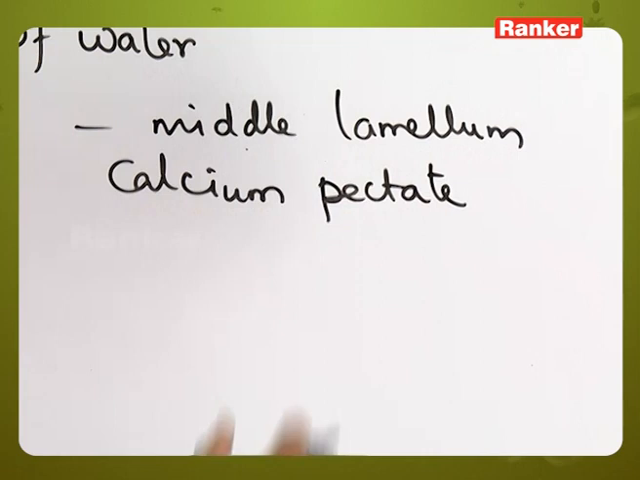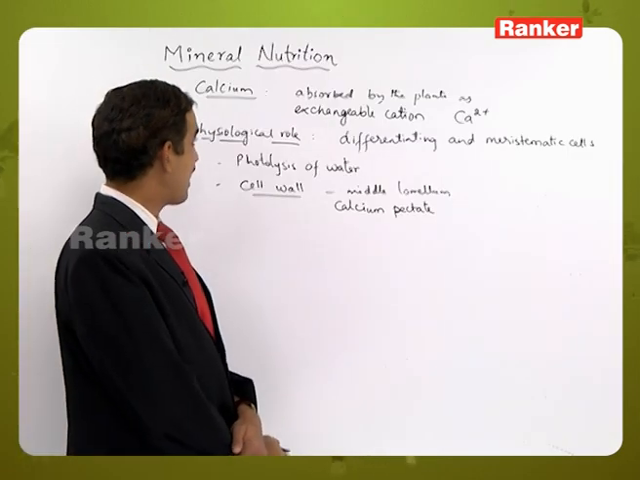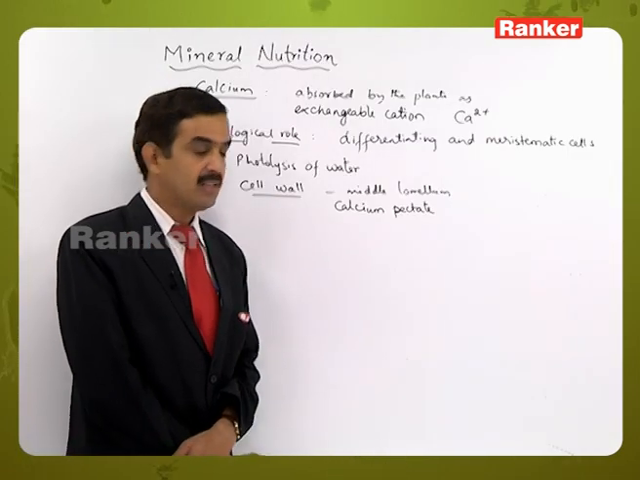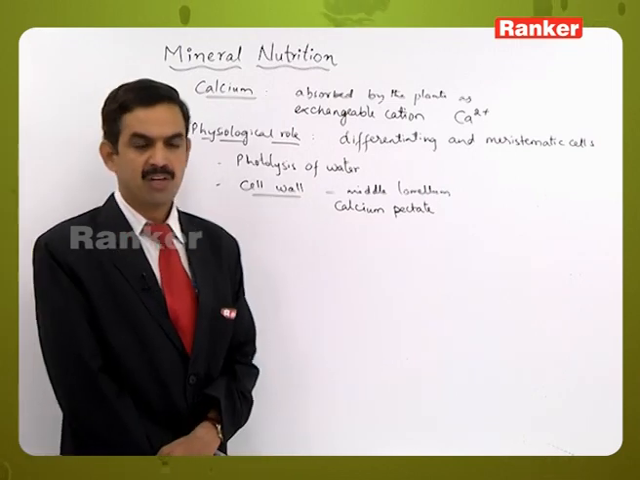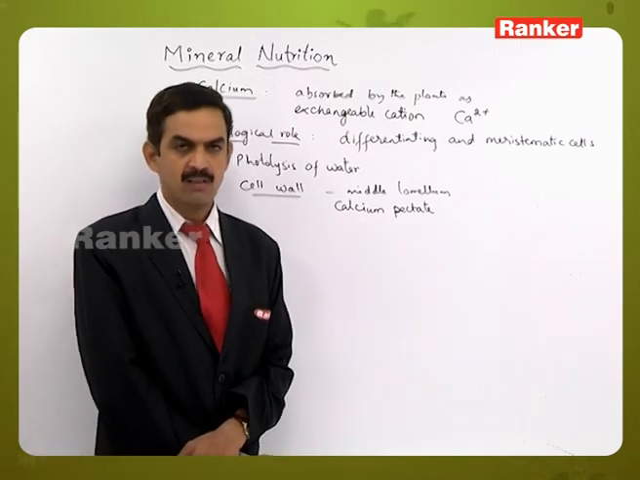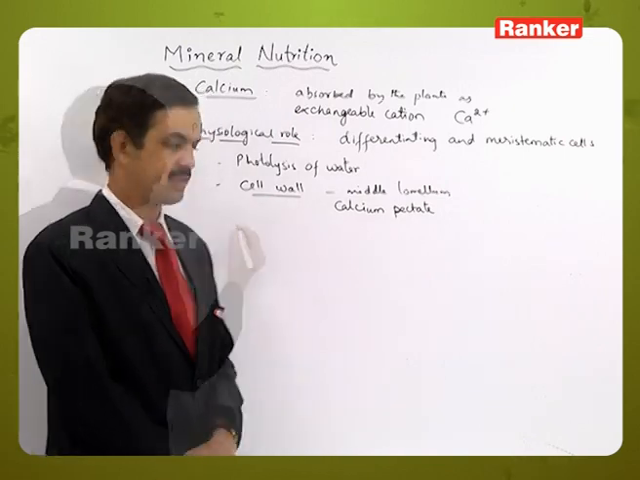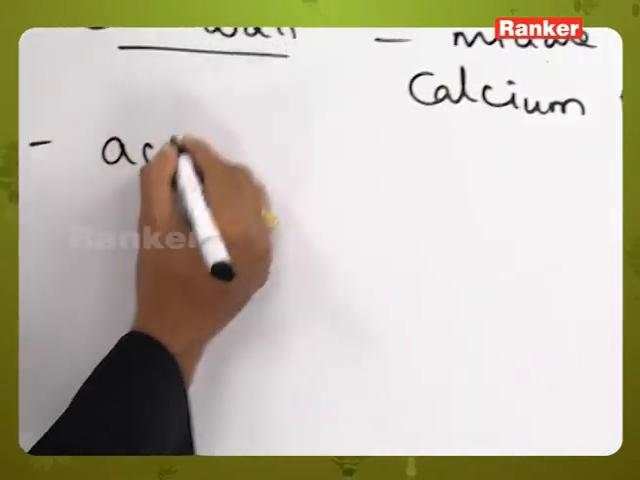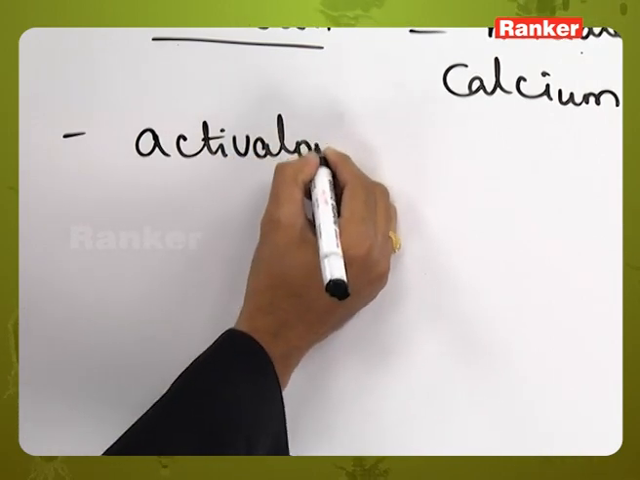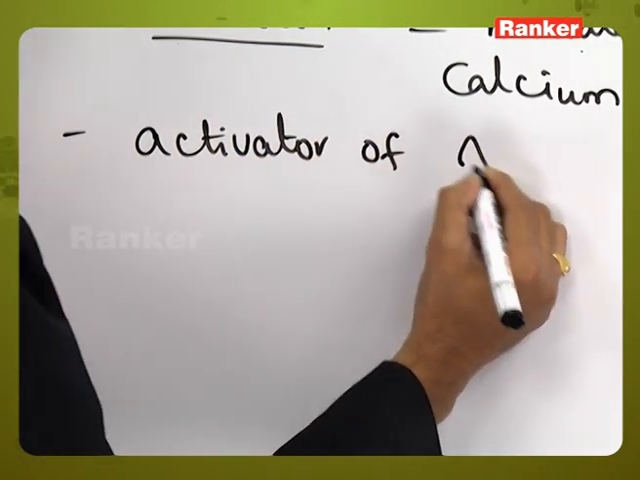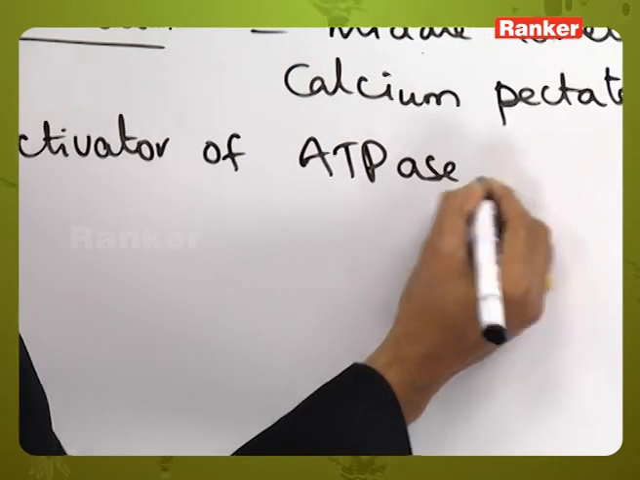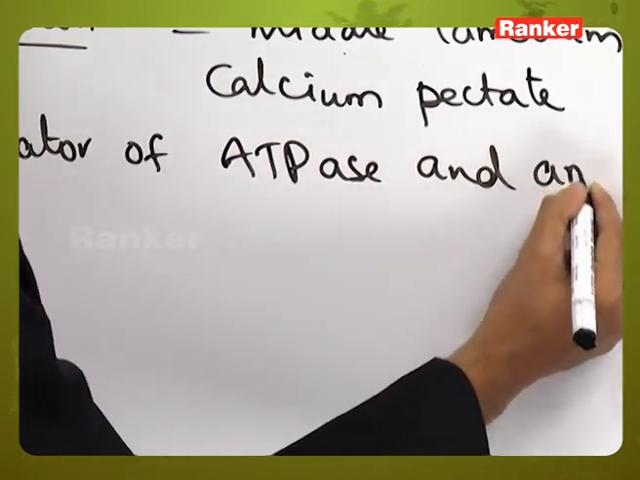So here, the major part present in the middle lamella is calcium. That's why calcium is useful for formation of the cell wall which will divide the cell into two daughter cells during the cell division process. Then it is an activator of ATPase enzyme and amylase enzymes,